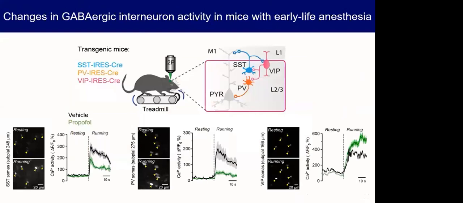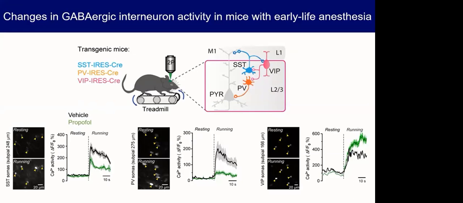To further understand the long-term impact of general anesthesia on neuronal circuits, we examined the activity of local inhibitory cells in the primary motor cortex. In the cerebral cortex, 3 major subtypes of interneurons, somatostatin expressing, parvalbumin expressing, and VIP expressing interneurons, are connected in such a way that SST and PV interneurons preferentially inhibit pyramidal neurons, and VIP interneurons directly inhibit both SST and